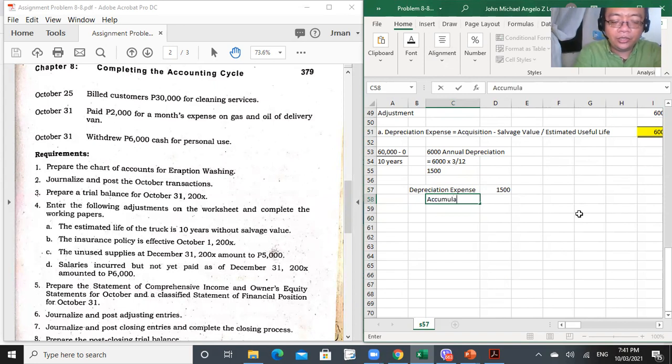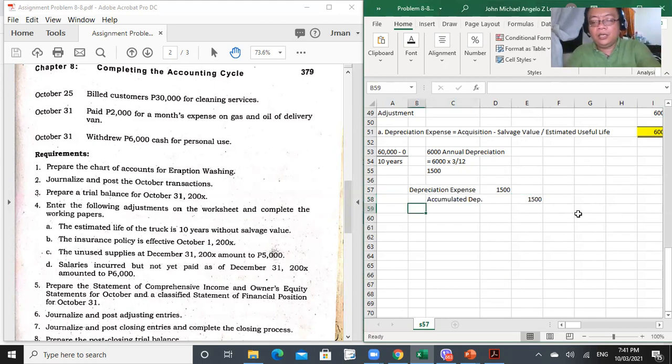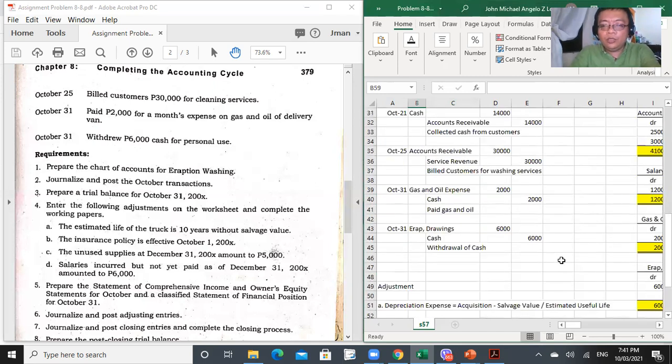Or another new account title, accumulated depreciation. Again, this is a contra asset account when you prepare your depreciation for your equipment. After that, what you will do is